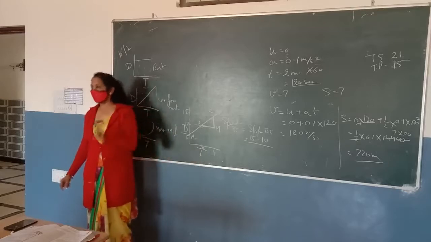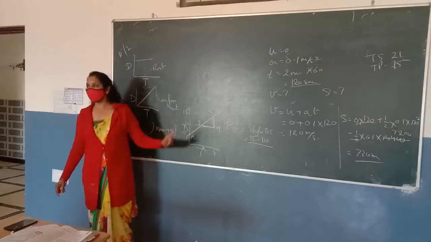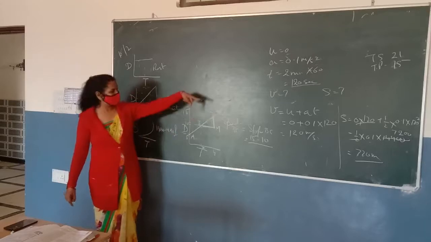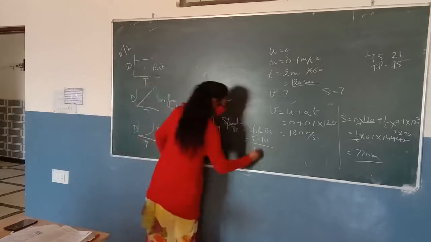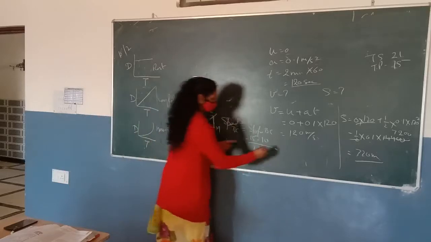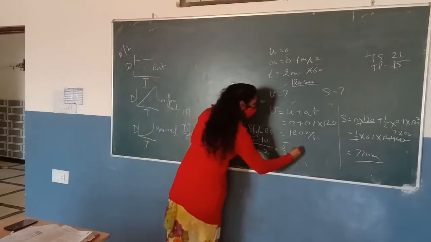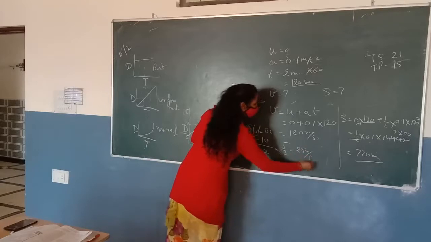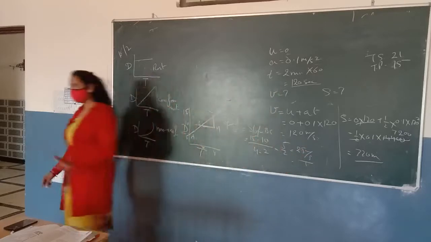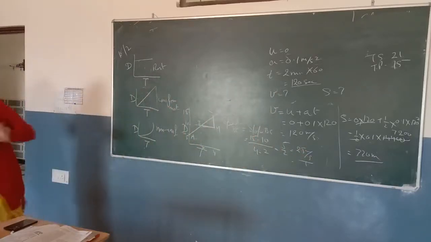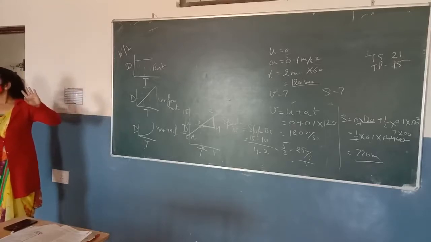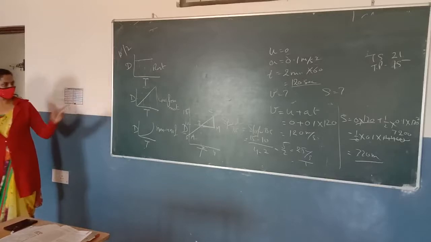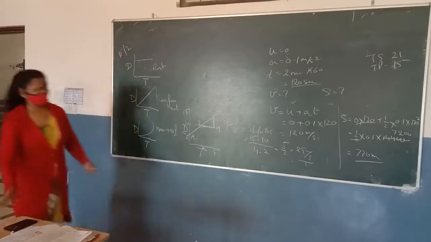So for finding the speed by using the dt graph, we use the slope of the graph. And what is the meaning of slope? Slope is perpendicular to base. So this 4 minus 2. It is 5 by 2, or we can say 2.5 meter per second. Okay. So this is the way to find the speed from the dt graph. Are you clear? Now you can write down this one.